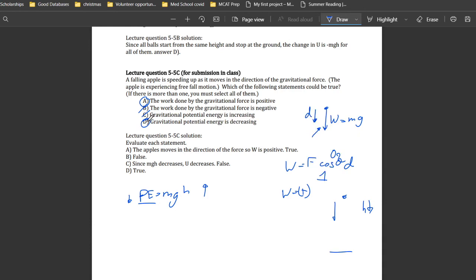is false and D is true, because if height were to decrease, we could just plug in fake numbers, say 2 kilograms times 10 times a height of 10 meters versus 2 kilograms times 10 meters per second squared times 3 meters up in the air. So let's say like the ball is now down here. The overall gravitational potential energy in each of these two cases, so this would be 200 joules, and then this would be 60 joules. We see a decrease in the potential energy, meaning that C is false and D is true, and that is why potential energy decreases as height decreases, because of this direct relationship between height and potential